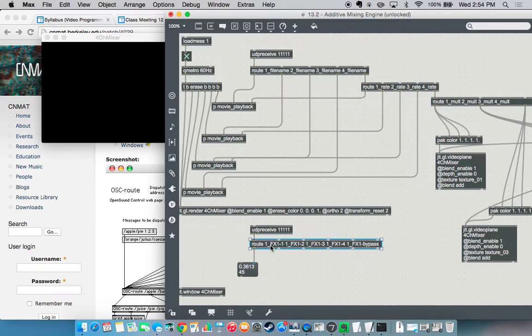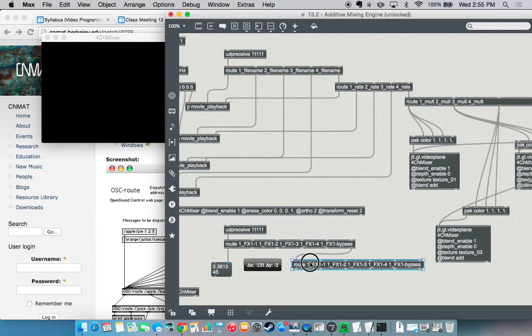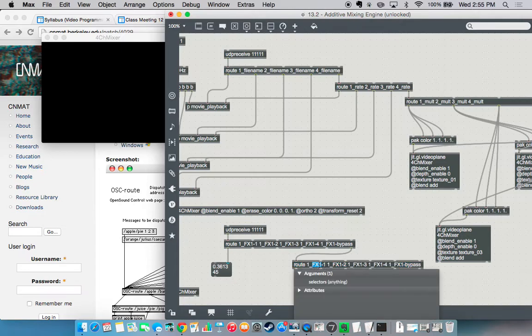Because all of those sliders were called 1FX1-1 through 1FX1-4, and also we have a bypass. We can have 2 different routes here and have the last outlet going into this route. This is for the second effect set, and we just need to change all of these to 1FX2-1 through 4,